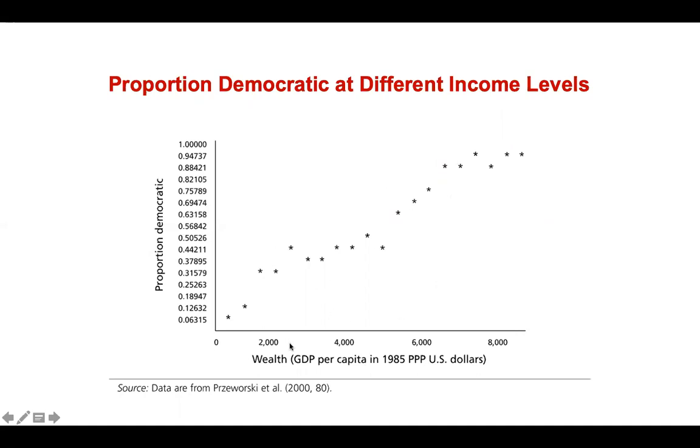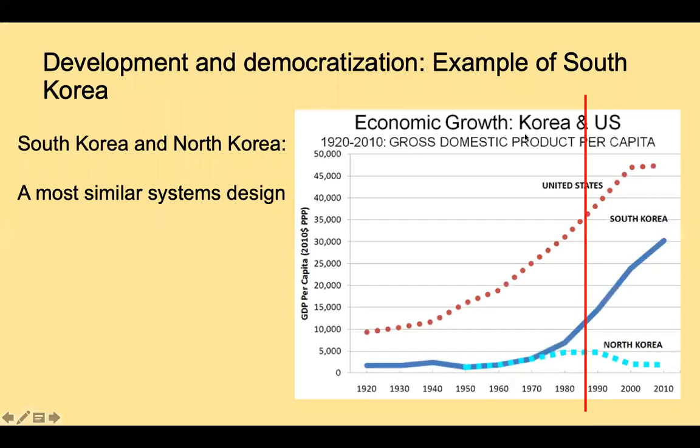And what you see is that as countries get richer, a larger and larger proportion of those countries at different income levels are democratic, and to the point where the richest countries are almost entirely democratic. And this is a pretty robust, pretty linear pattern. This suggests that there's something systematic going on. We can take a look at individual cases that deviate from this expectation, and there are some. But what this shows us is that countries at different income levels seem to have different proportions of them being democratic. And that's, again, supporting the theory.